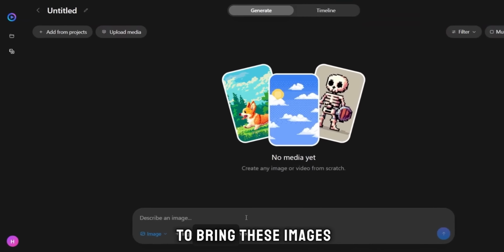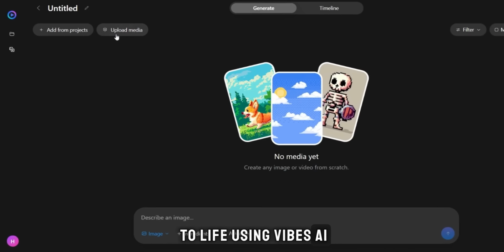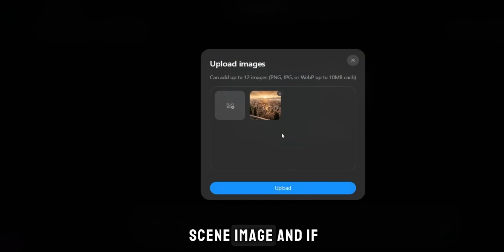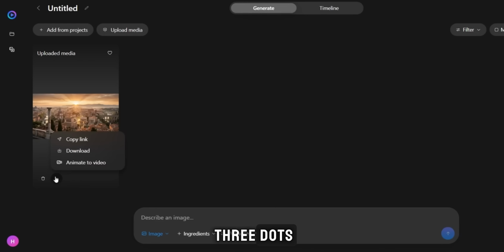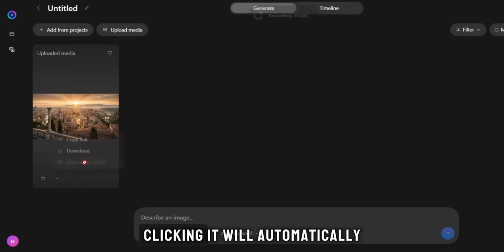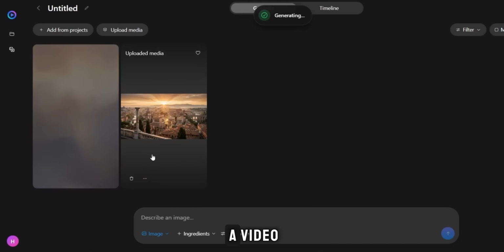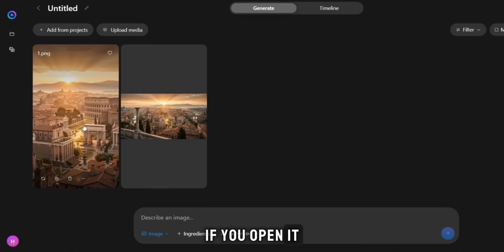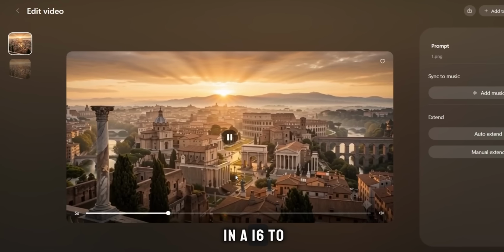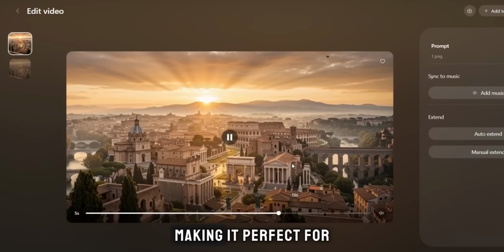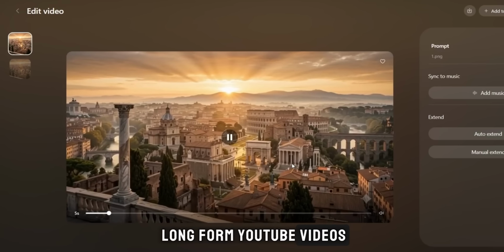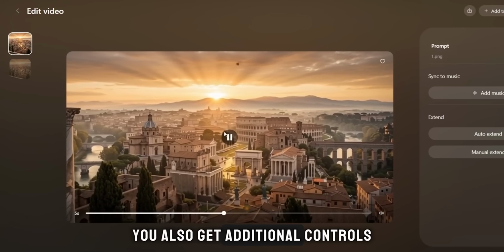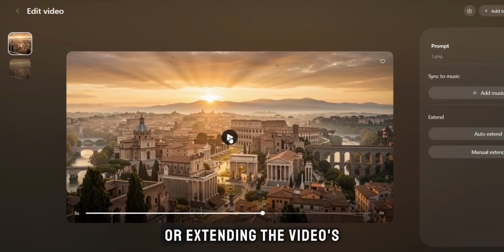The next step is to bring these images to life using Vibes AI. I'll import the first scene image, and if you click on the 3 dots, you'll see the Animate option. Clicking it will automatically turn the image into a video. Within a few seconds, our video is ready. If you open it, you'll notice it's generated in a 16:9 landscape format, making it perfect for long-form YouTube videos. You also get additional controls, such as adding background music or extending the video's duration to make your scenes even